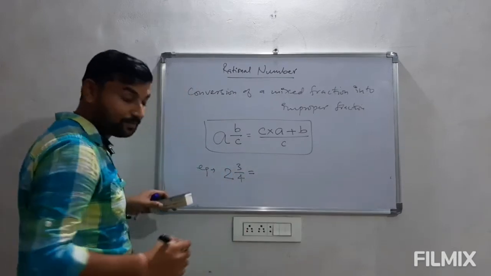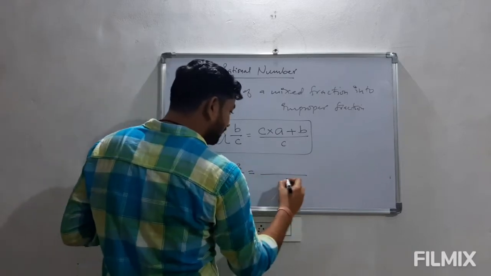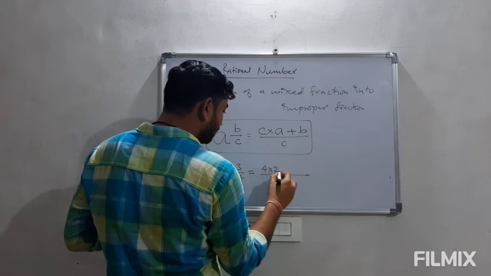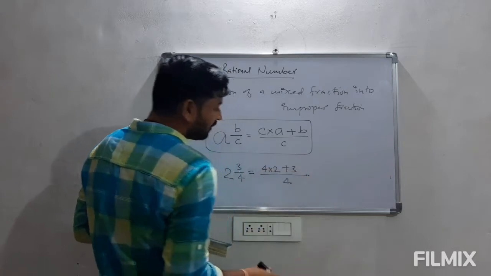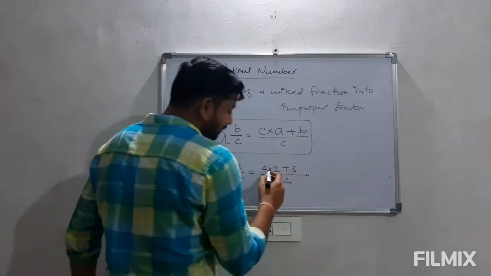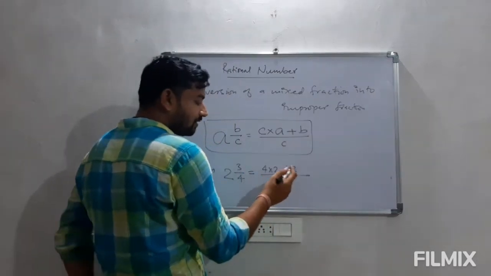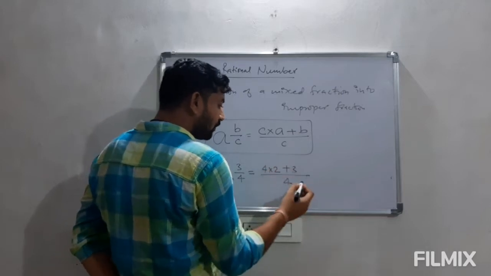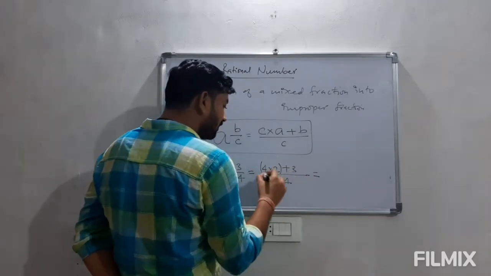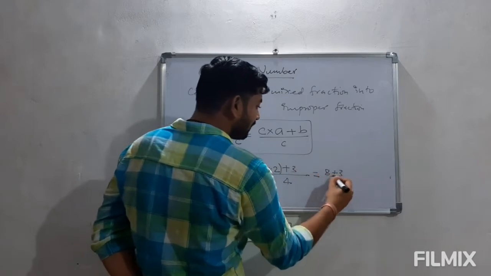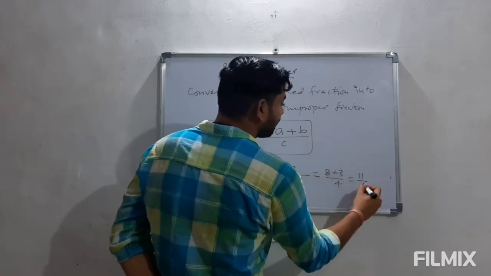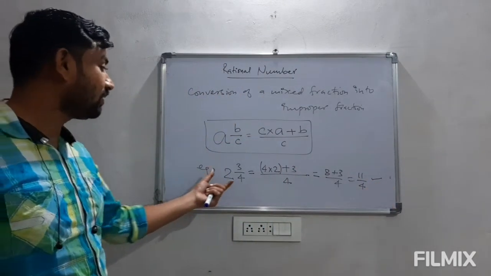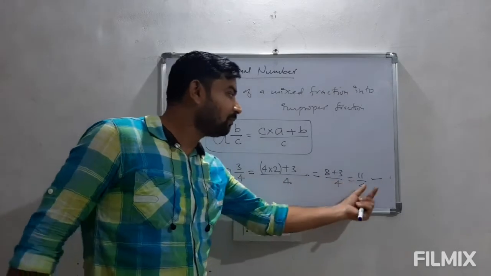What does it mean? This is nothing but the denominator will be 4 and this 4 is multiplied with 2, plus 3. Now when we look at the numerator, there are two symbols, positive and multiplication. So first of all we have to multiply, according to the BODMAS rule. So we will be multiplying it, 4 times 2 is 8, plus 3 upon 4. So we will be getting 11 by 4. So this is the equivalent of this mixed fraction in improper form.